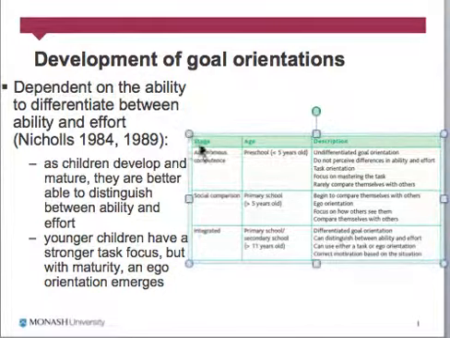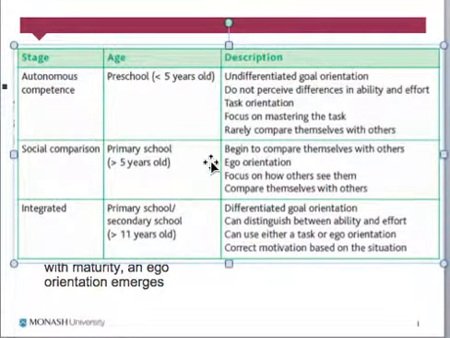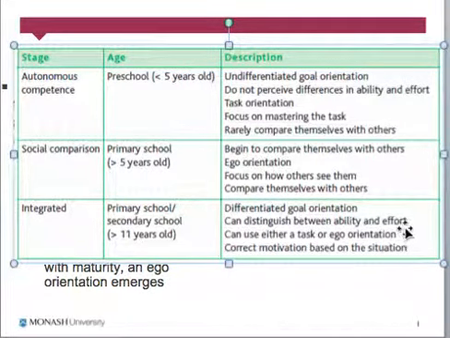So as I mentioned in the previous video, this idea of goal orientation really starts to kick in by the time we get towards the end of primary school. We're starting to compare ourselves after the age of 5, and then we really have this ego orientation develop and flourish. Here they're very capable of distinguishing between who's good and who's not in a phys ed or health and phys ed context.